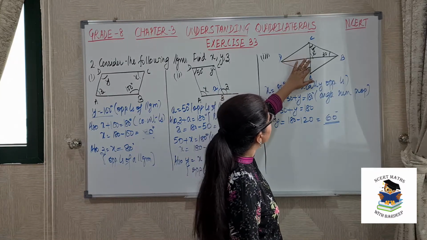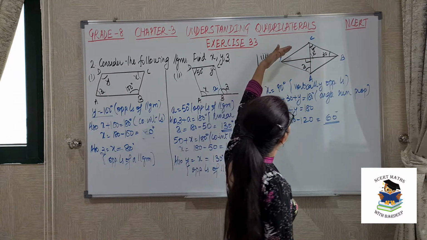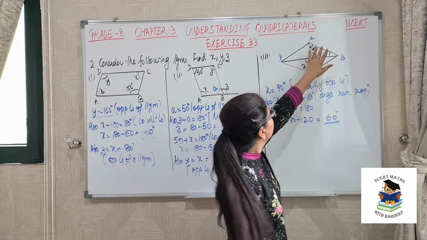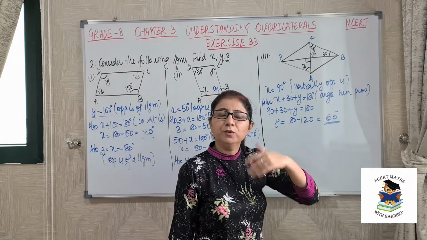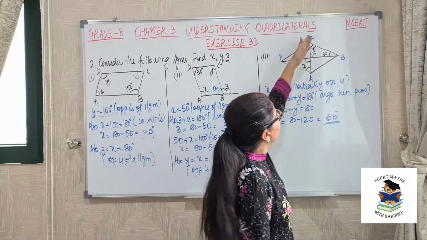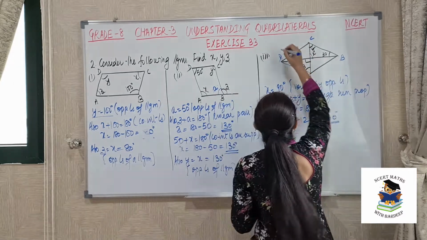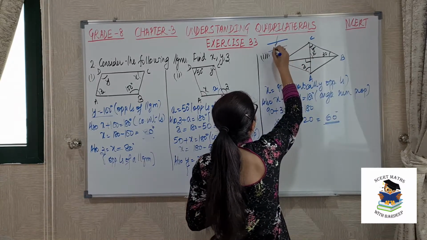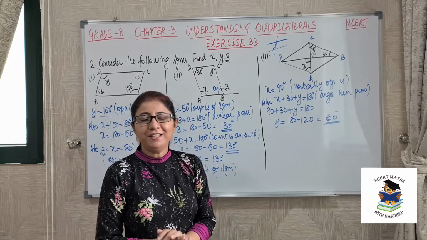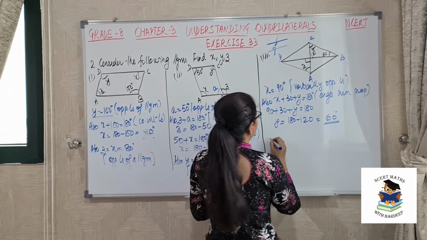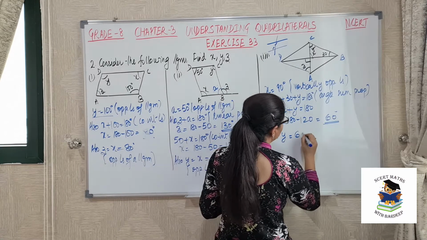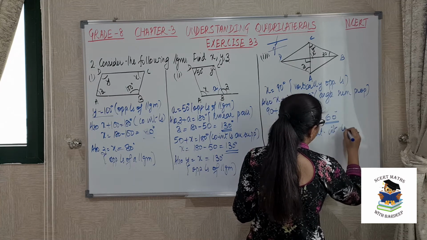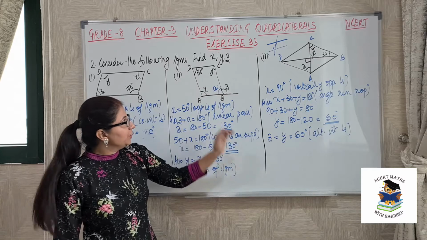Now we need z. See, in this case, how to do that? This side is parallel to this side and this will act as a transversal. So if this angle is y, z will also be equal to y. Why? Because they are making alternate interior angles. Two parallel sides intersected by a transversal, one on this side, other one on this side are equal because alternate interior angles are equal. So we will say z is equal to y and this is further equal to 60 degree. But what reason will you give? Alternate interior angles. Okay. So this is the third part.